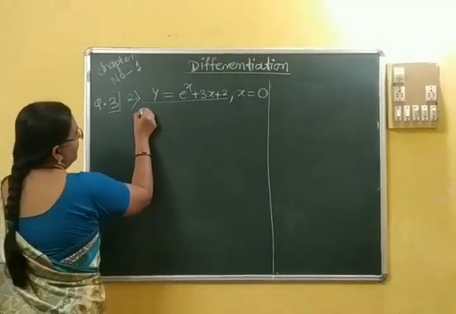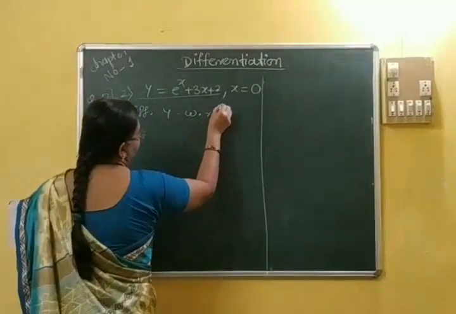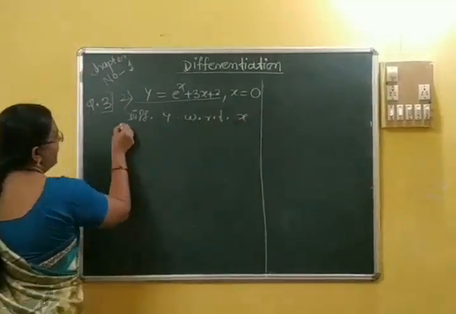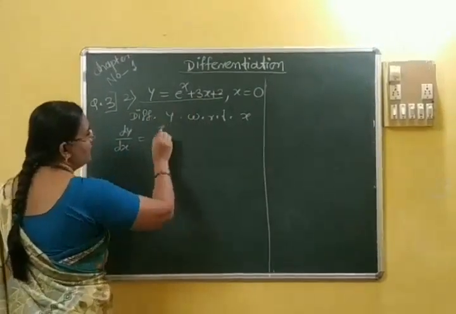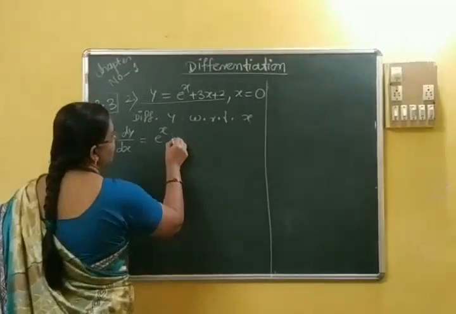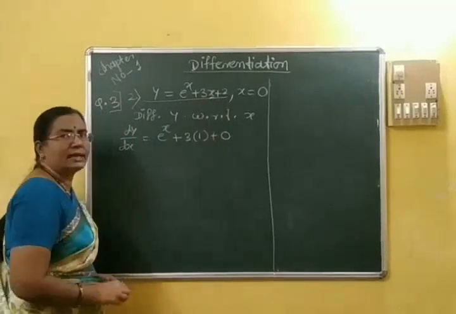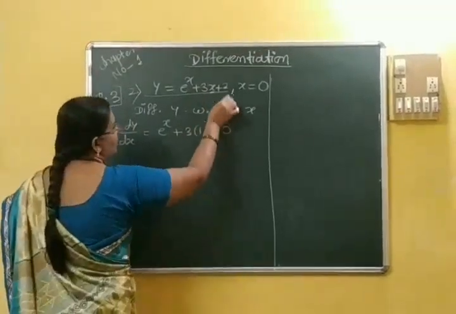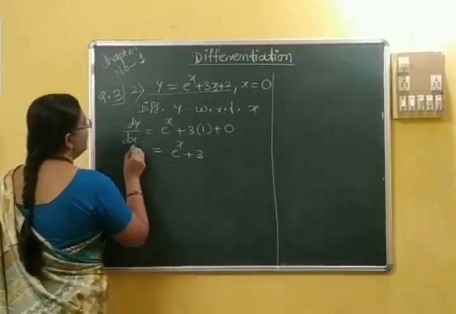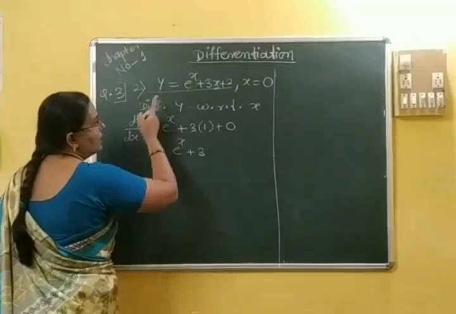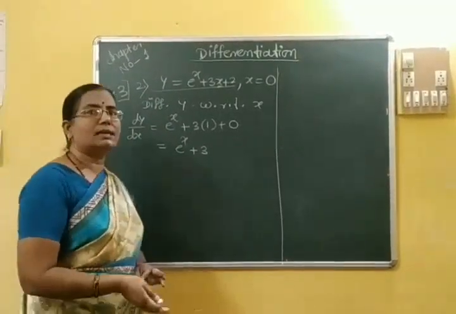Then differentiate this y with respect to x. We get dy by dx equal to e raised to x, because the derivative of e raised to x is e raised to x, plus 3 into 1 plus 0, because the derivative of x is 1 and the derivative of 2 is 0. Therefore, it becomes e raised to x plus 3. This becomes the derivative of the given function, but we have to find the derivative of the inverse function